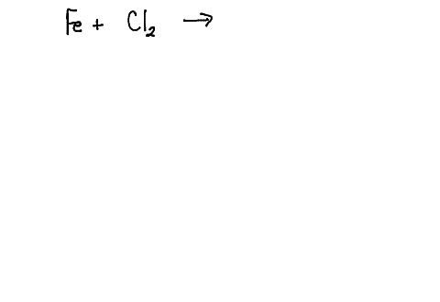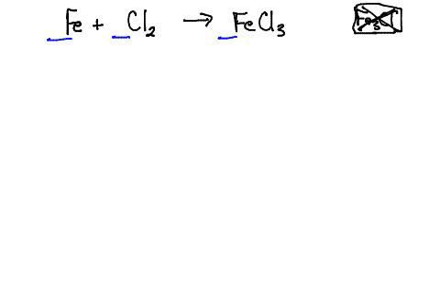It's forming iron(III) chloride. That's iron with a Roman numeral 3 after it, which means it has a plus 3. It does not mean there are 3 irons. It's the charge of the iron. So of course that's FeCl3. Fe is positive 3, chloride minus 1. And we need to balance that equation. I see a 2 and a 3 on the chlorine, so let's make them both 6. Throw a 2 in front of the iron, and we're good to go.